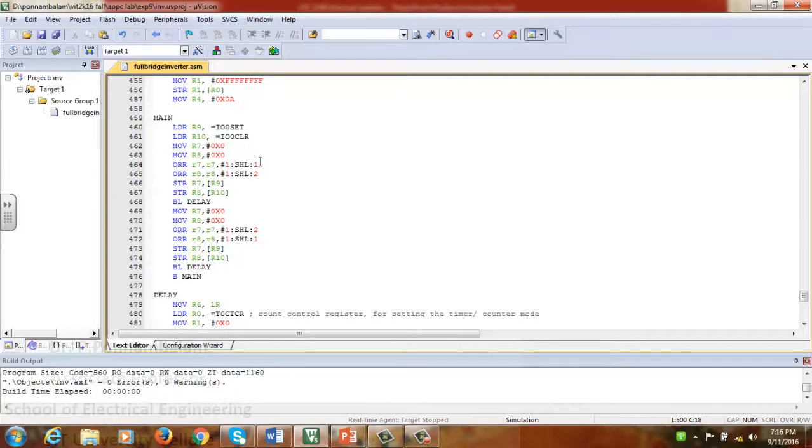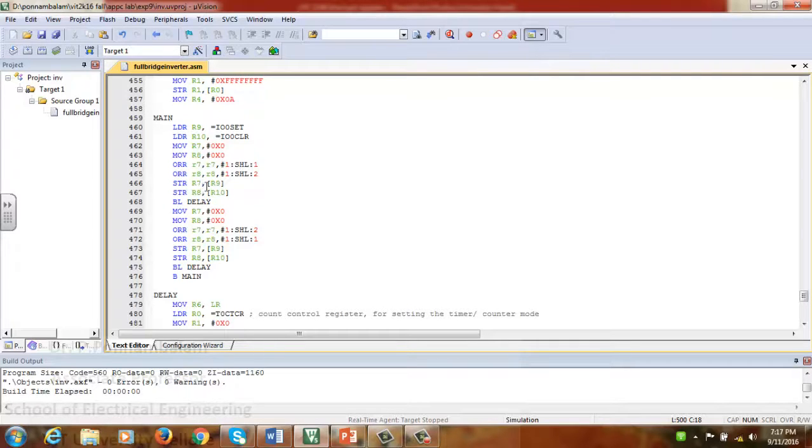In case you want, you can use the IO0 pin itself. To the IO0 pin you can move, say, 0x01, 0x02 and 0x04 subsequently to put the values inside R8. Since I'm using this IO0 set and IO0 clear, I need to clear it and set it accordingly. So that's the reason the manipulation has been done in this way.